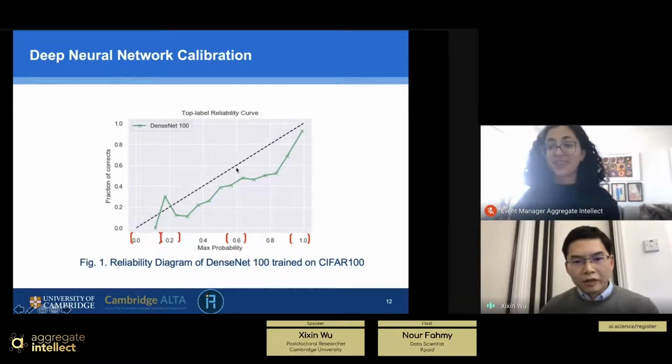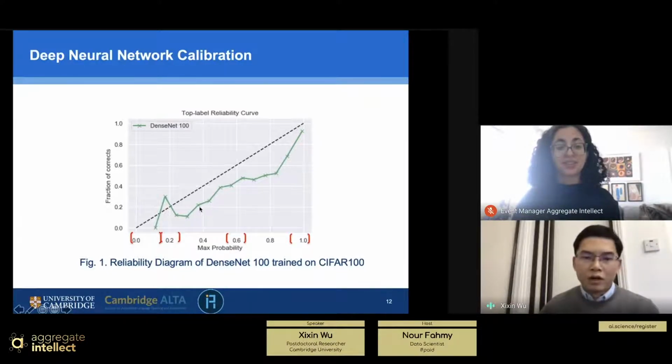And the ideal case is that the average accuracy and the average confidence are the same. But as we can see, this is the DenseNet 100 trained on CIFAR 100, and this network is a lot overconfident, because for the bin of 0.6, we can find that the accuracy is just over 0.4, so the network is